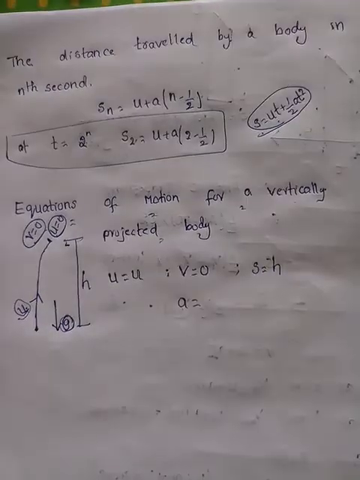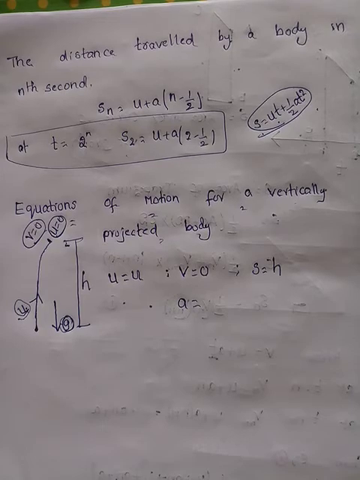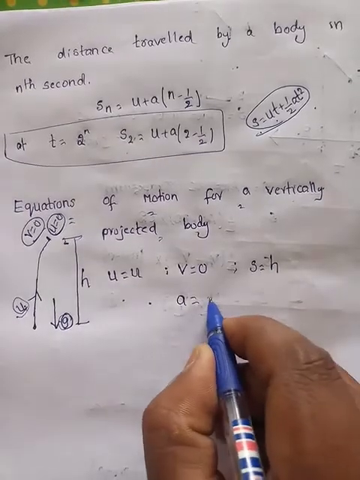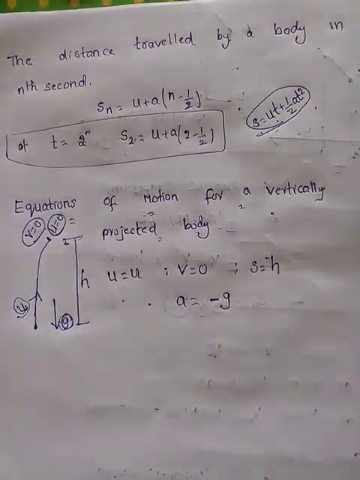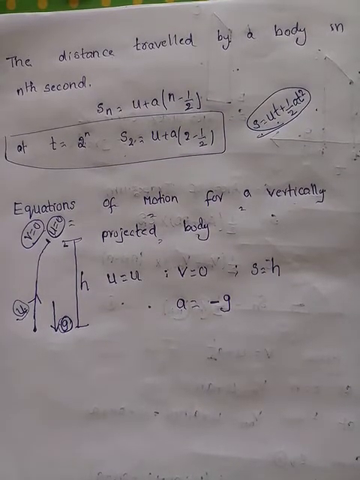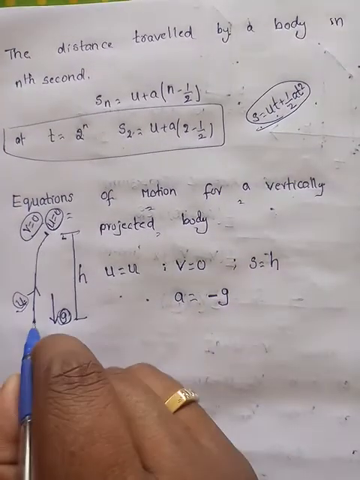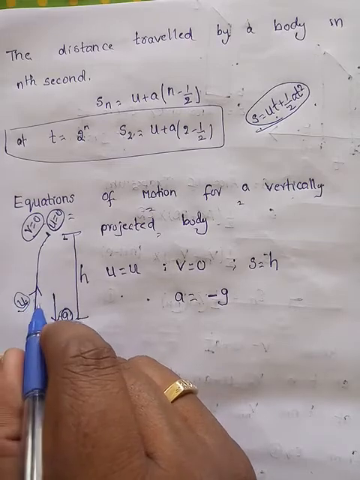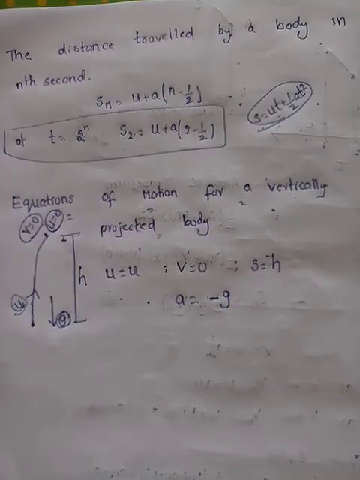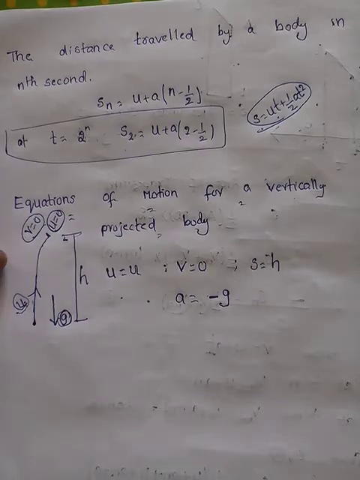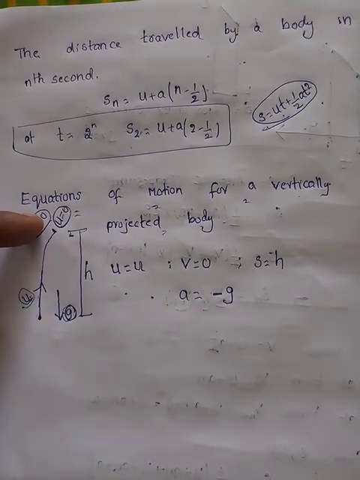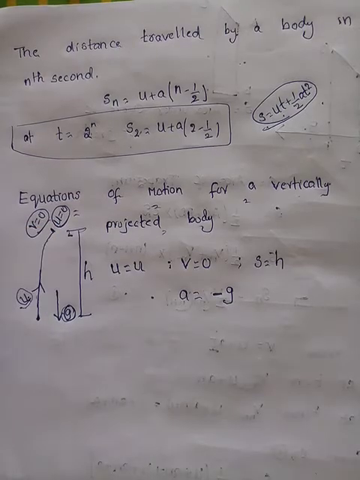Here, is the acceleration increasing the velocity or decreasing the velocity? Decreasing, right? So is the acceleration negative or positive? Negative. That acceleration is because of what? Acceleration due to gravity. So these are the conditions for a vertically projected body. We throw an object, it moves upwards with some velocity, and because it is acting under gravity, the velocity of the object goes on decreasing and finally comes to rest. At maximum height its velocity is 0.